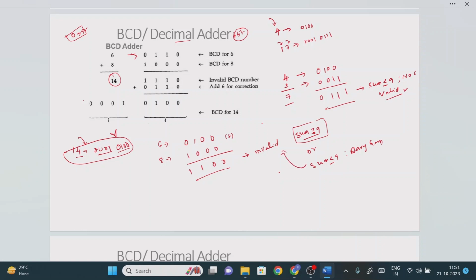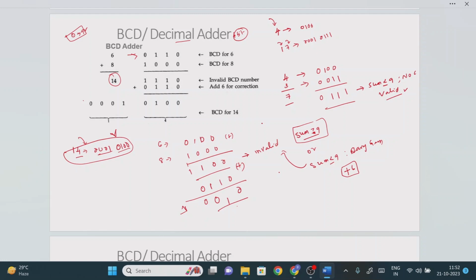For that, we need to add plus 6. Remember this, later I will explain with the help of the truth table. We need to add 0 1 1 0. Now what is the final answer? Again perform the addition operation. Now what is this value?